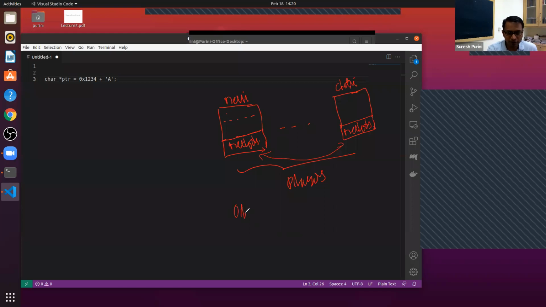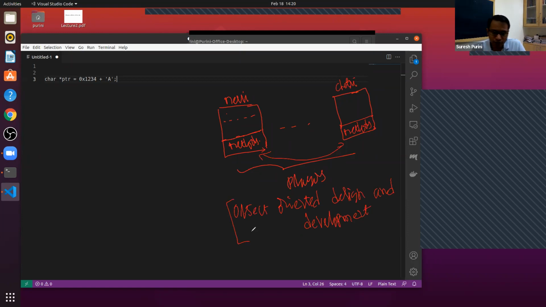So object-oriented design. I strongly suggest all of you invest time in the data structures course. Just write every program in this fashion only, because you need to. We will see. Here, the data and the methods which act on the data, they are encapsulation.